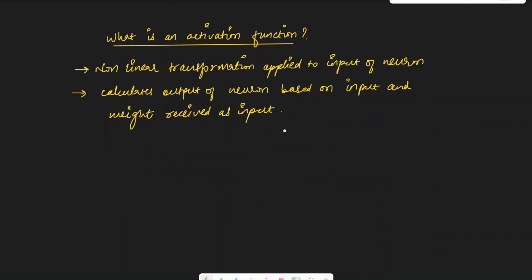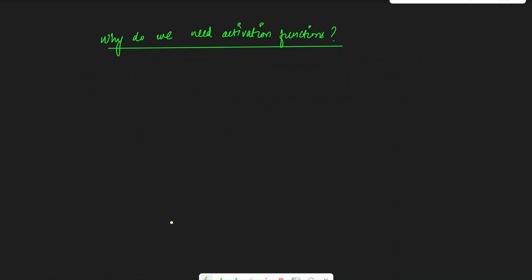So essentially, what is an activation function? It is a nonlinear transformation applied to the input of a neuron. It calculates the output of the neuron based on the inputs and the weights that the neuron receives. Now the next question is, why do we need an activation function? You might have guessed it already that the first reason is